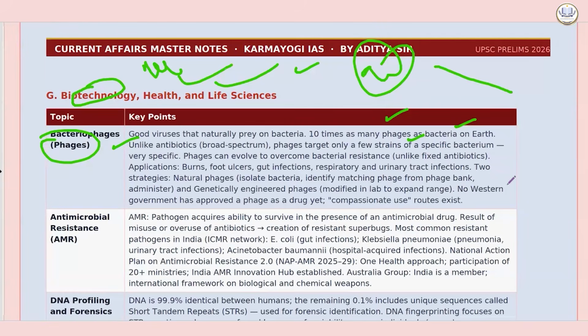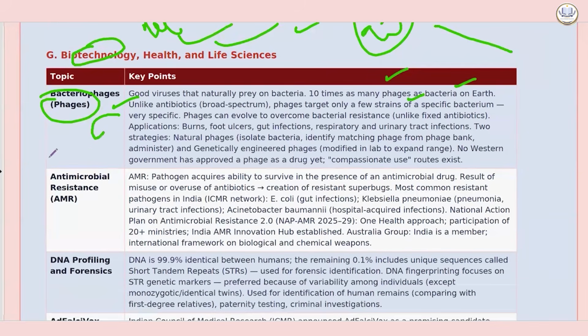And there are two strategies. One is natural phages, that is, isolate the bacteria, identify a matching phage from a phage bank, and administer it. The other is genetically engineered phages, modified in the lab to expand range. No Western government has approved a phage as a drug yet. Compassionate use routes exist. And then we have antimicrobial resistance because of the overuse of antimicrobial drugs,